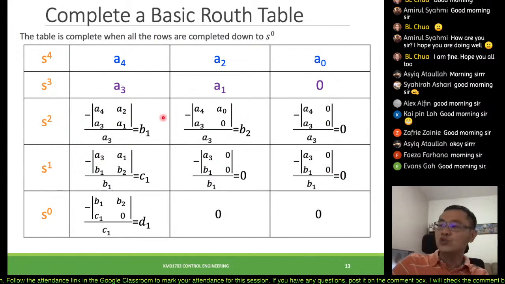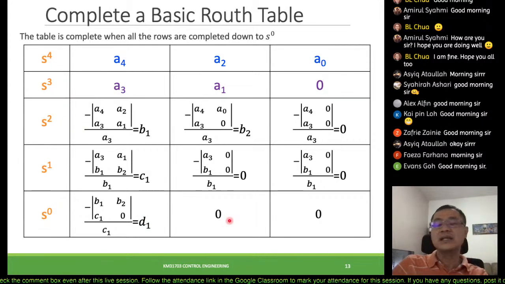Do the same thing for the second one. This one will now consist of A3 and B1, A3 B1, A1 B2, A1 B2, and this one is B1. Same thing here, A3 B1, then here 0 0, divided by the first column of the previous row, which is B1. So 0 0, again you get 0 0 over here as well. Then continue to do it until we reach the last row, then we have completed our rough